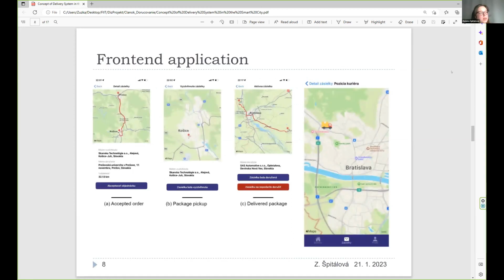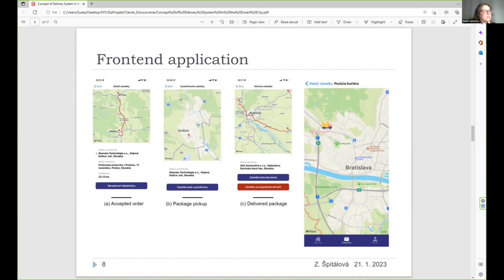And here we can see some screens of our application. Sorry, it's in Slovak language, but I will explain what is here. The first one is the screen with the order accepted by the courier.